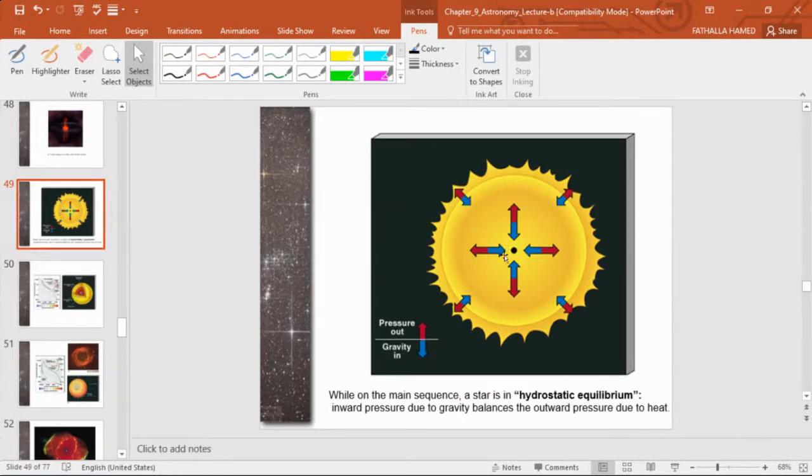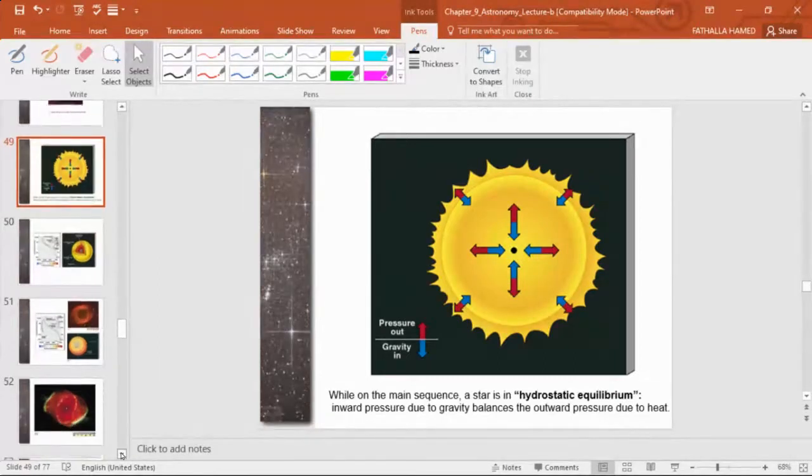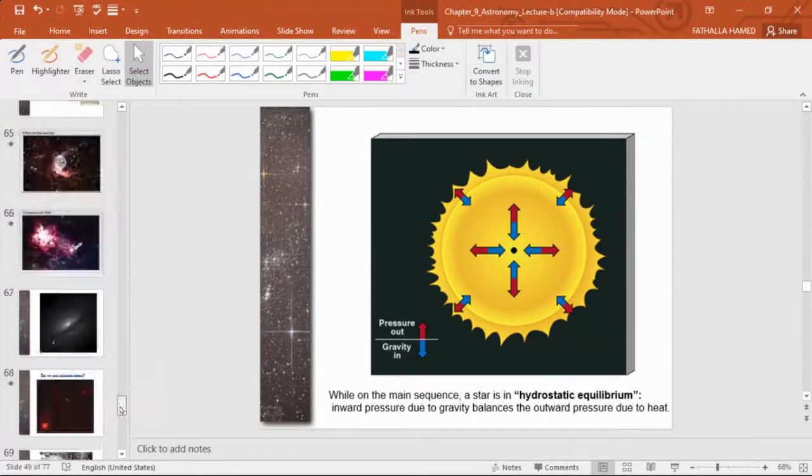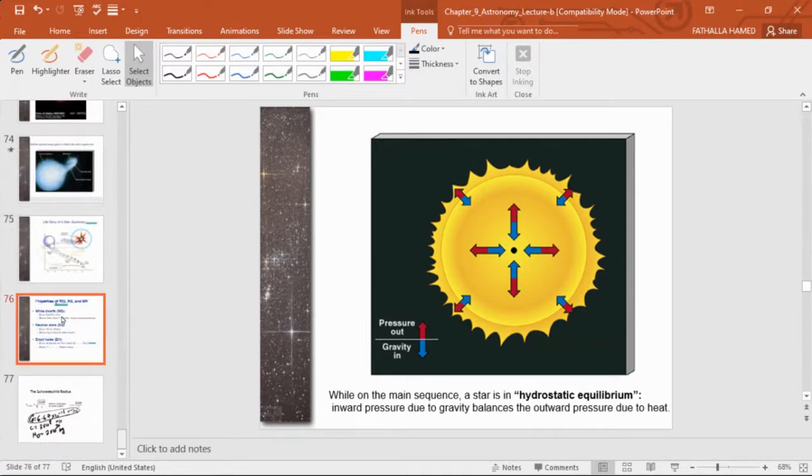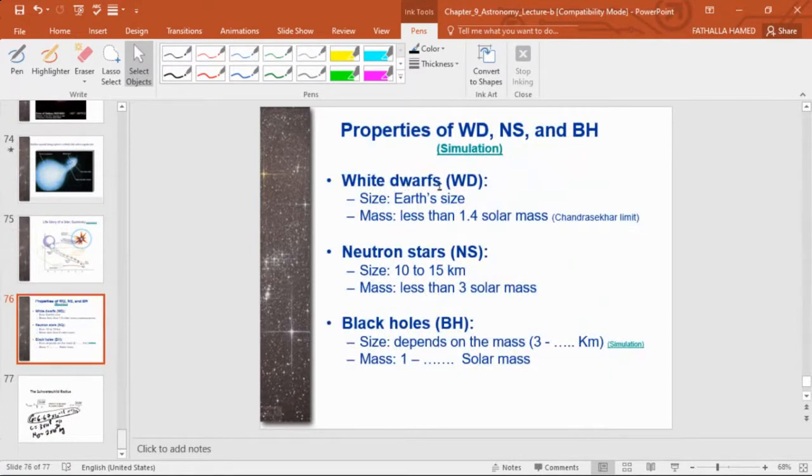And we talked about, actually, it's a competition between gravity and the outward pressure. And we ended up with this slide here, where we said that stars